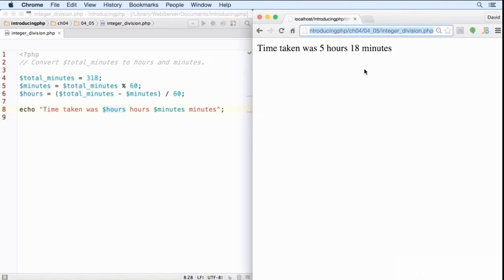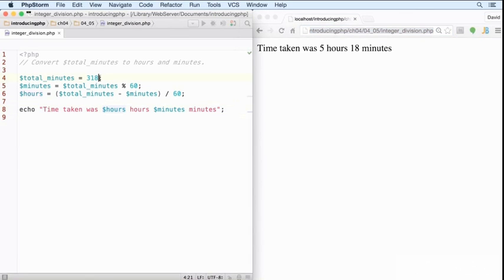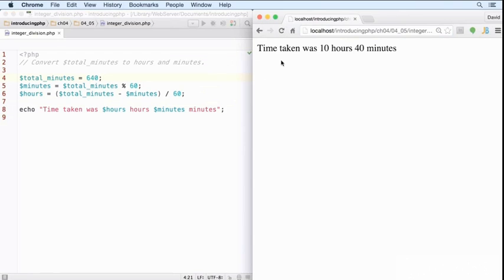So that was pretty simple. What I hope you didn't do was to use actual numbers in the calculation, apart from dividing by 60. The advantage of using variables is that the calculation still produces the correct result if we change the value of total minutes. So let's change total minutes from 318 to 640, and if we save that and reload in the browser, we now get that the time taken was 10 hours and 40 minutes. This solution works in all